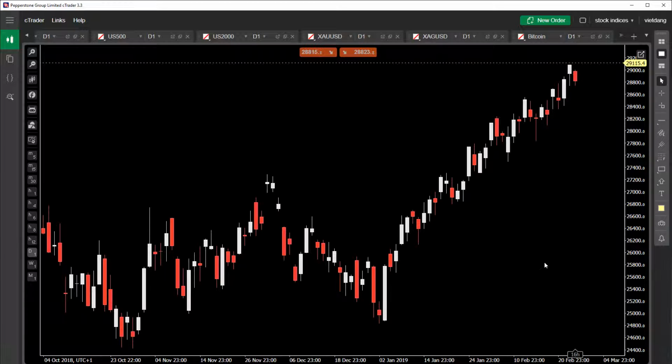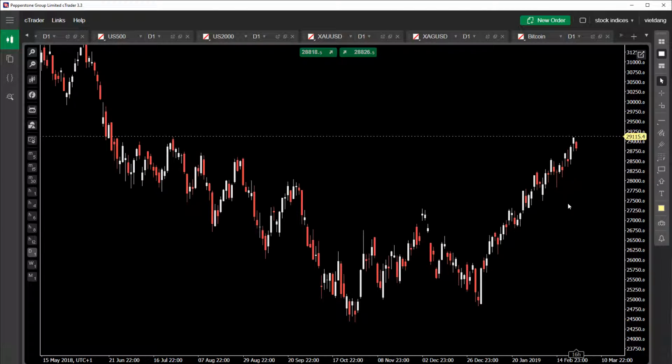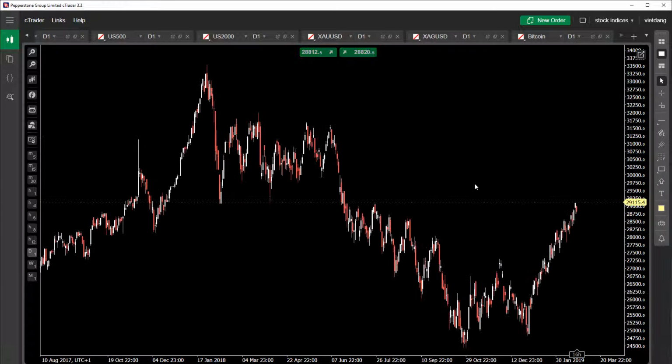The first instrument that we're looking at is the Hong Kong 50. So this is the index of the 50 largest companies in the Hong Kong stock market by capitalization. And what has drawn me to this particular index for today at least is that it had a really strong and rather straight up move since late December of last year, and now it has run into some support and resistance. So this level that I've marked down here,